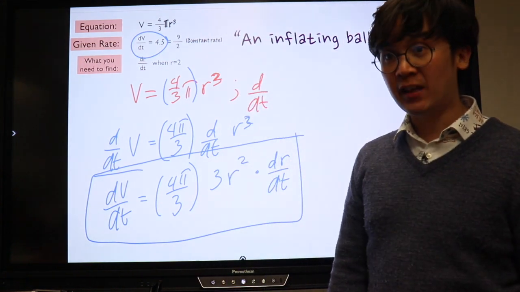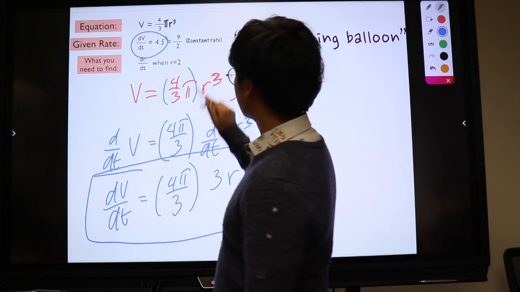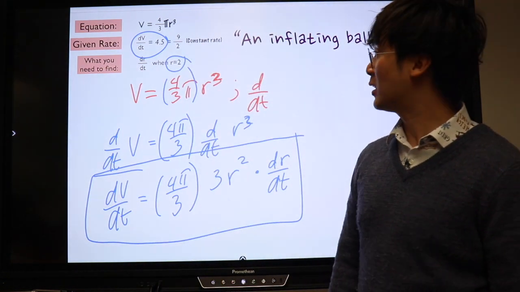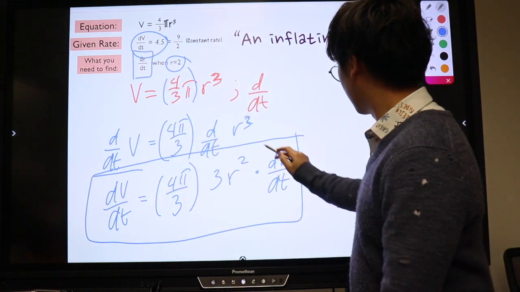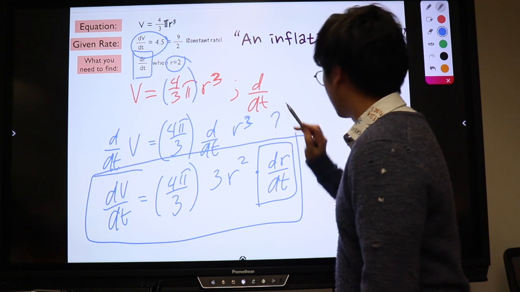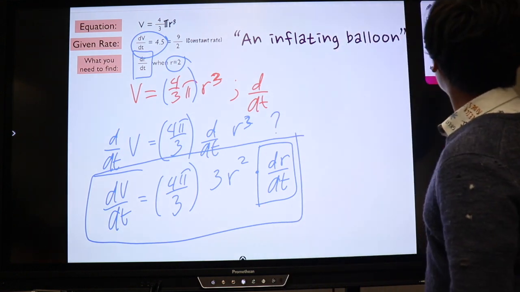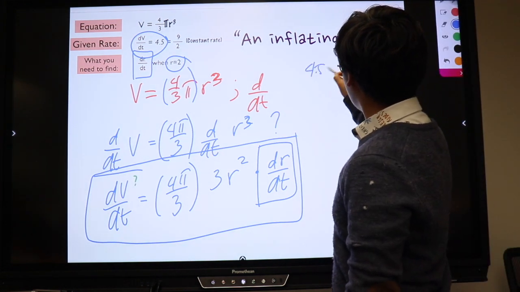dv over dt is given, right? What else is given? R equals 2. And what are we trying to look for? And that is what we're going to isolate later on. So let's substitute 4.5 equal to,